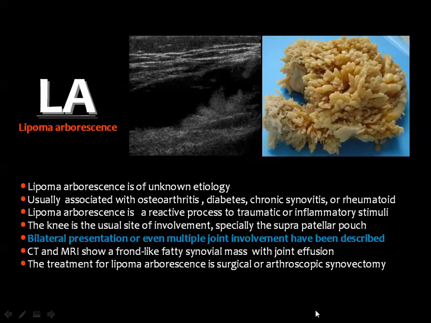Then we have mentioned something about the lipoma arborescens, which is a fatty lesion occurring within the joints, and the etiology is unknown. It may be associated with osteoarthritis, diabetes, chronic synovitis, some rheumatoid arthritis, and so on. Lipoma arborescens is made of tree-like